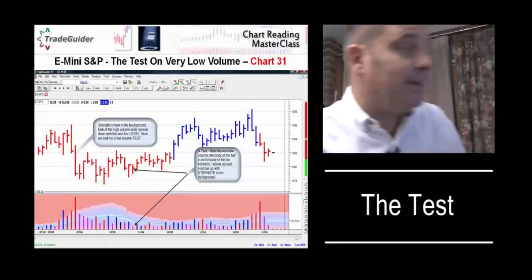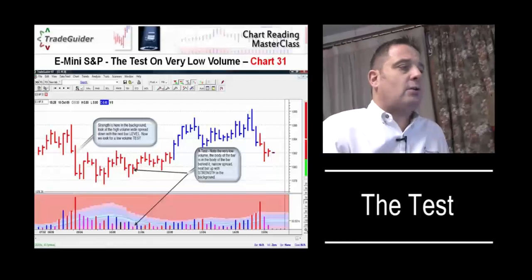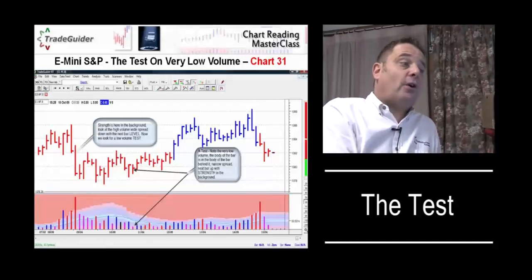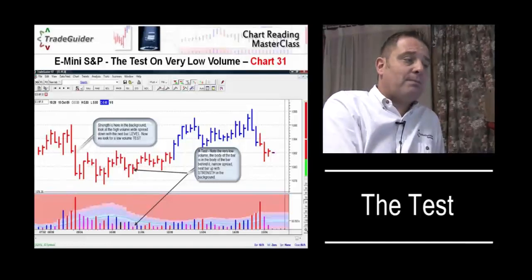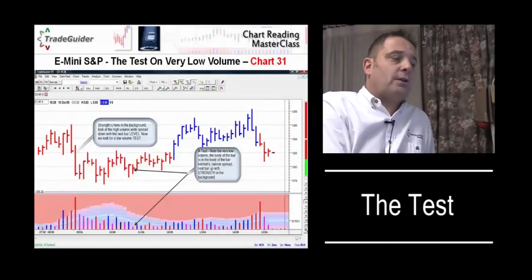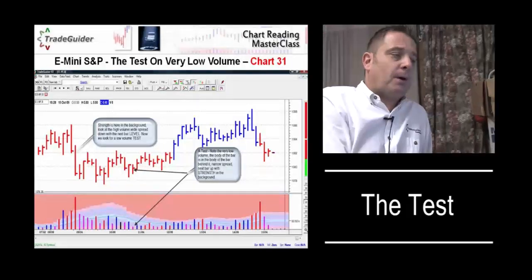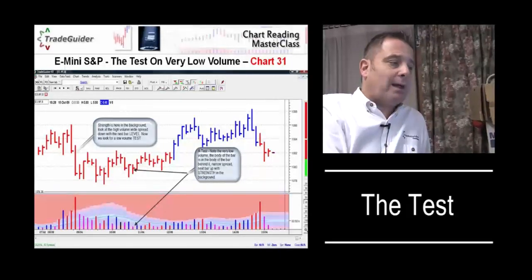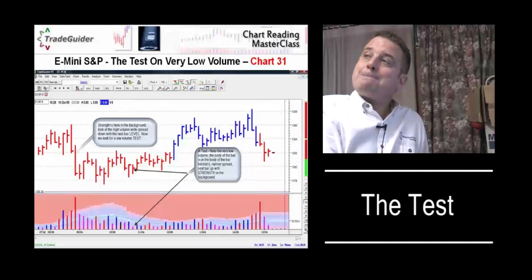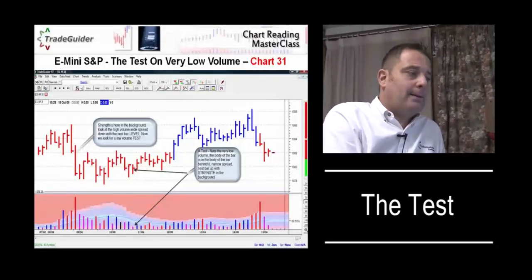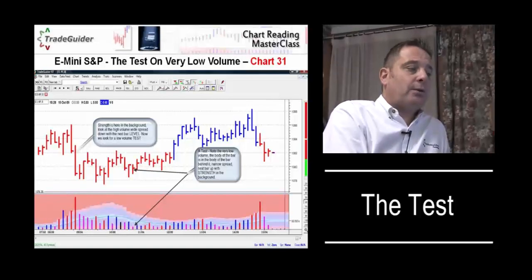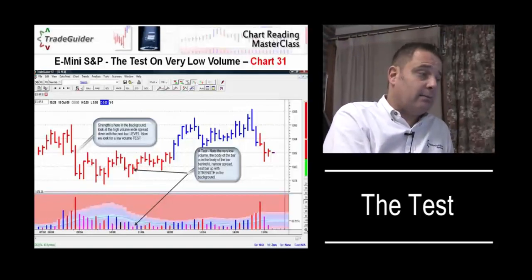Okay, now the 8-minute chart, there's no reason, Chris, other than because I traded it on a 5, but the example I wanted to show you here is when a market's whipsawing around, we've got to look at the volume as the clue. Now I want you to look at the bar that I've got arrowed. Now look at the volume on that bar compared to all the previous bars. Okay, it's incredibly low. It's a very narrow spread on the bar compared to all the other bars behind it,